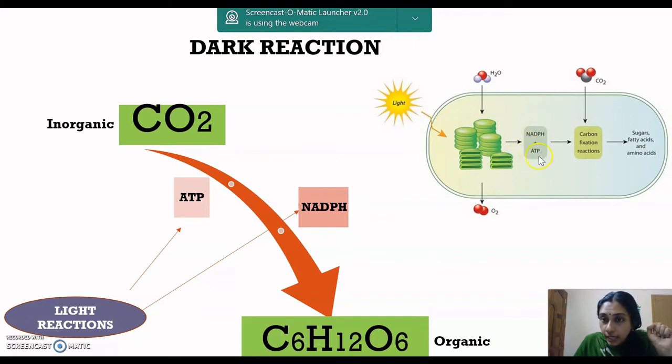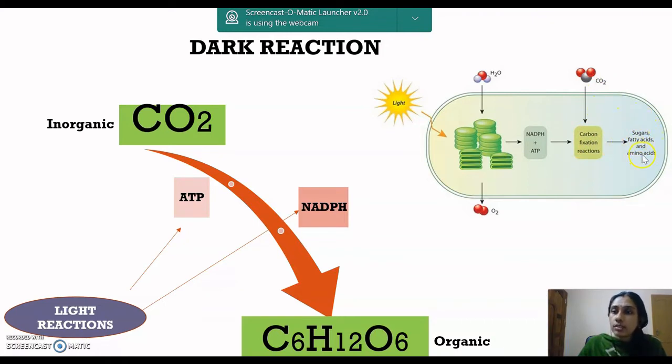So ATP and NADPH produced from light reaction, and now this ATP and NADPH present in the stroma of chloroplast, they are utilized for the dark reaction process. Here dark reaction takes place, the carbon fixation reactions, because they are enzymatic processes and the enzymes are present in the stroma. So through this pathway, carbon dioxide is getting converted to sugars, initially to sugars, and these sugars are